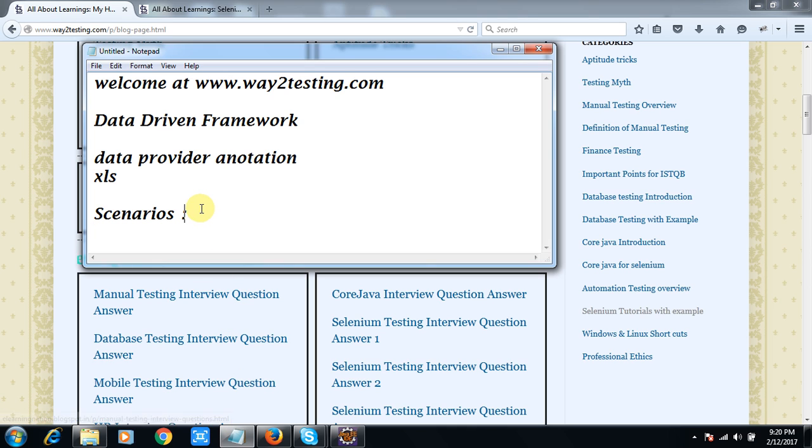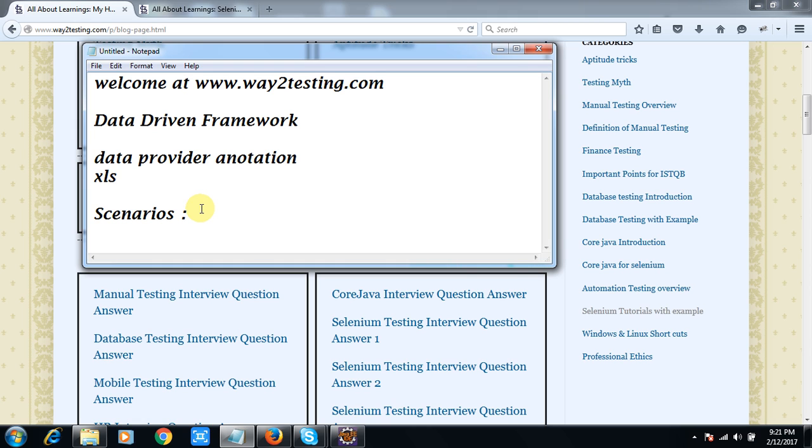in Selenium. This framework is very useful. This session will be covered in two parts, part A and part B. In part 1, I will let you know how to create a data driven framework using the TestNG annotation, which is DataProvider, and in part 2, I will let you know how to get the data from a file like an XLS file or Word file from your machine and fill that data in your web page or website.